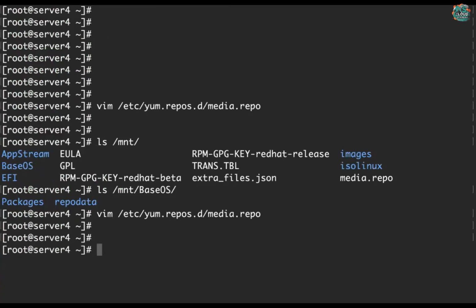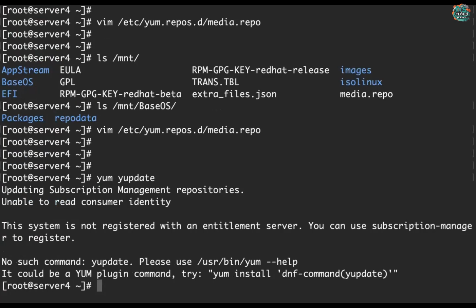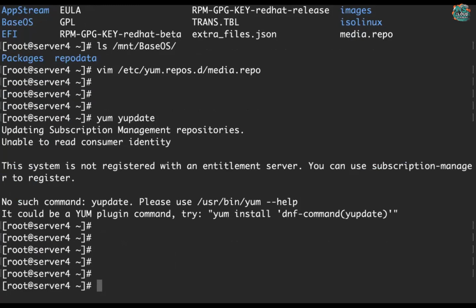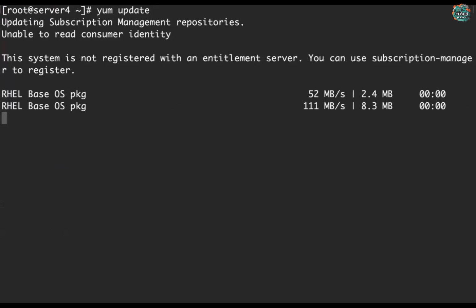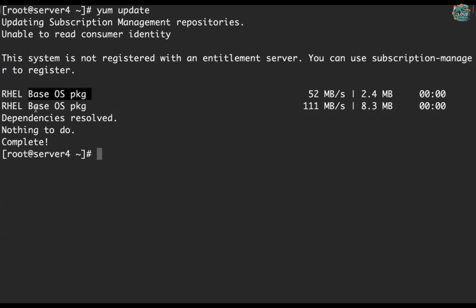Once you save your file, you can verify, right? So you just need to run the yum update command. Once you run it, you will see what it is saying. This system is not registered. DNF update. Oh, sorry. This is not the correct yum update. It was a typo. So once you run the yum update command, see, it is updating packages, right? It is saying nothing to do, which means there is no update available. Only the base OS package is there. Here, the base OS package, RHEL base OS, and